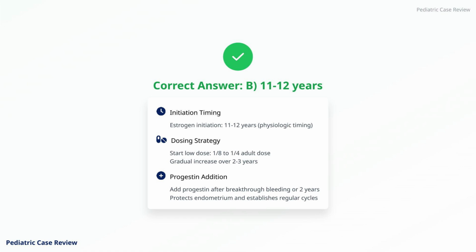Begin with low-dose estrogen at 1/8 to 1/4 adult dose, then gradually increase over 2 to 3 years. Add progestin after breakthrough bleeding occurs or after 2 years of estrogen therapy to protect the endometrium and establish regular